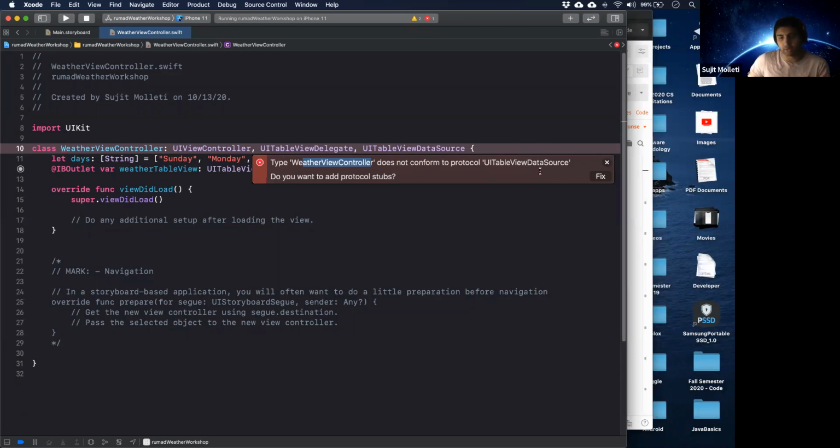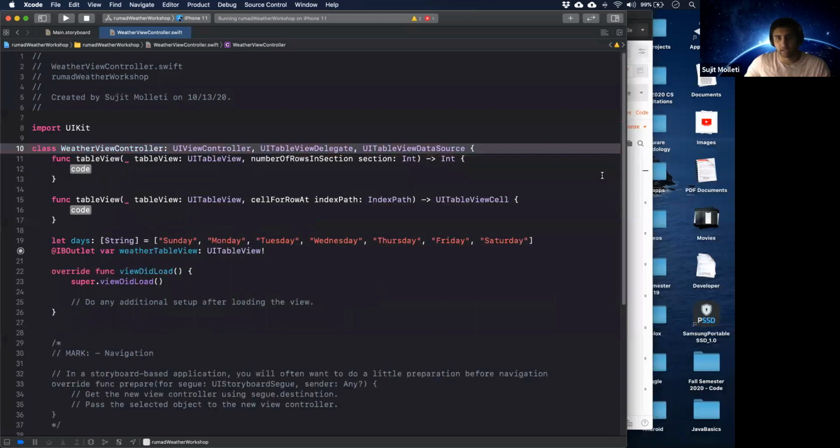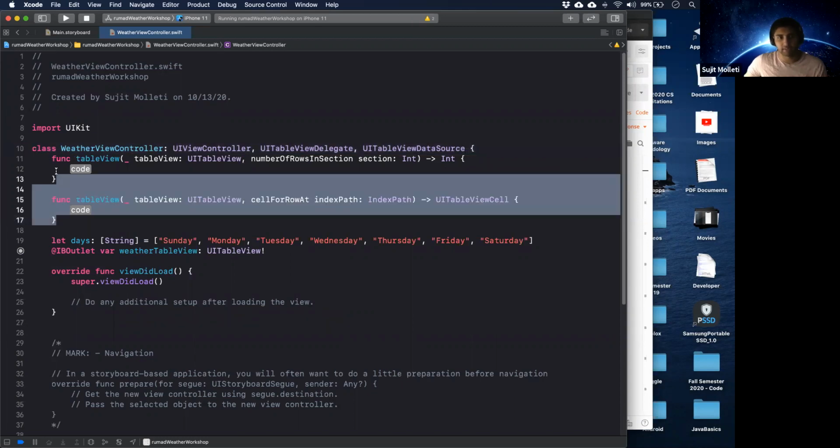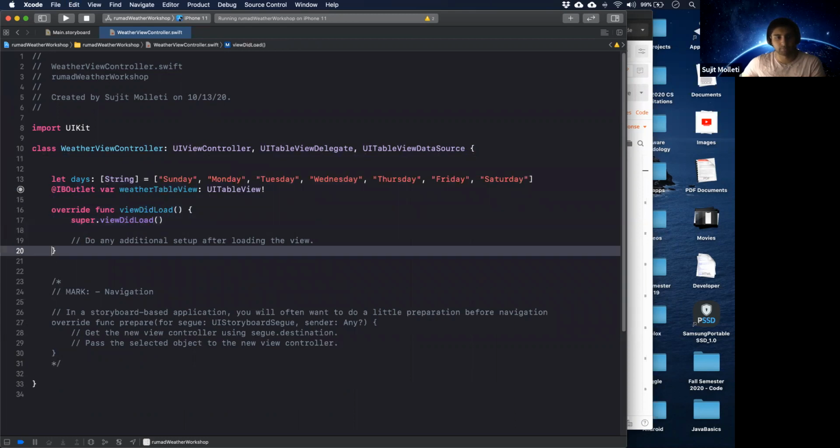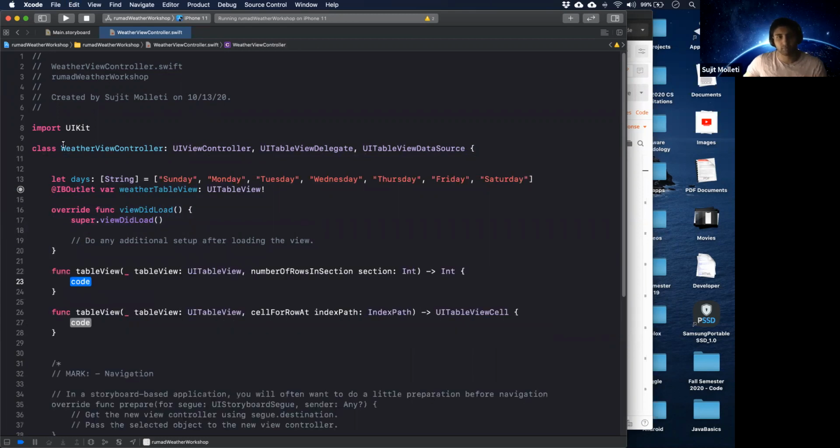in order for it to do its functionality, which is to store data and allow us to access data. So you press OK, and then you want to take these methods and drag them right below. Okay, and then maybe you're not too familiar with, or didn't understand what I said about